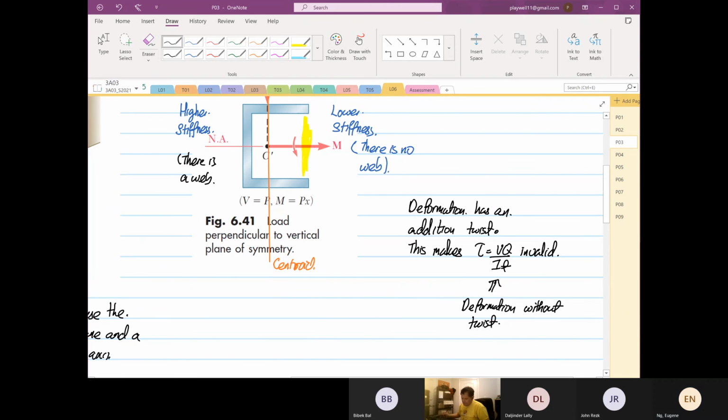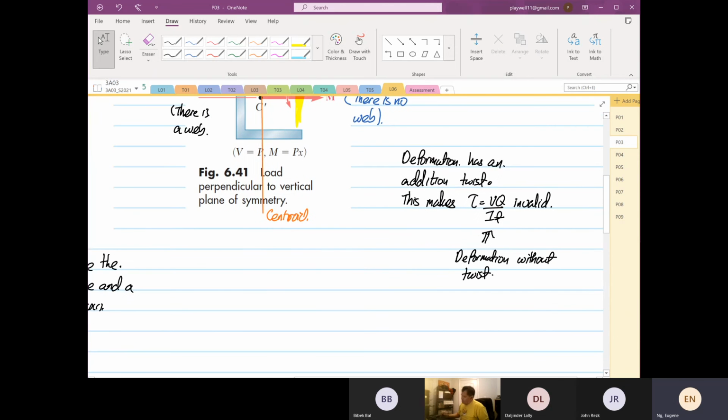Okay, so you have learned if there's a twist, there's another formula which we can incorporate, which is tau is equal to TR over J. So this is torsion. This one is due to torsion, and the deformation